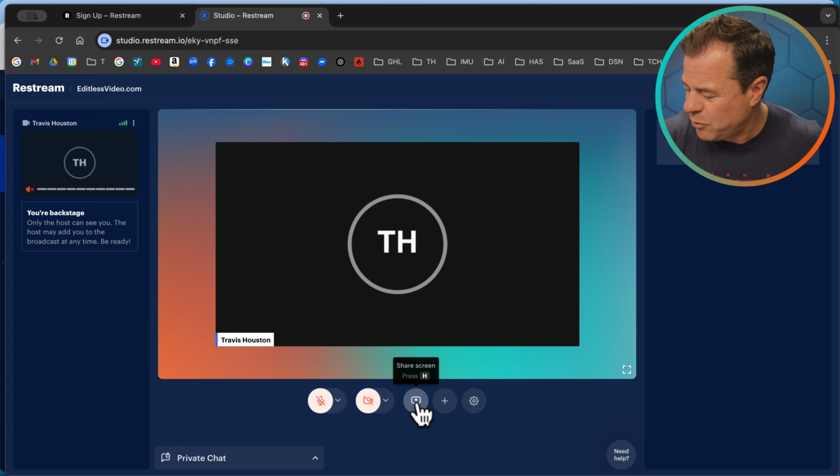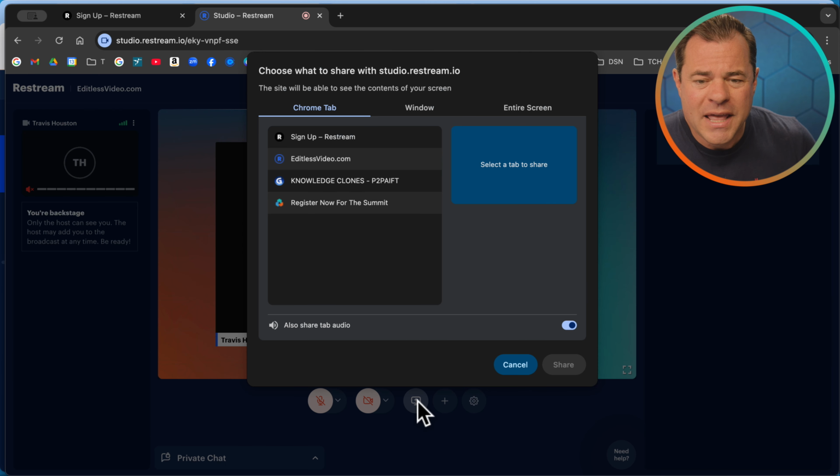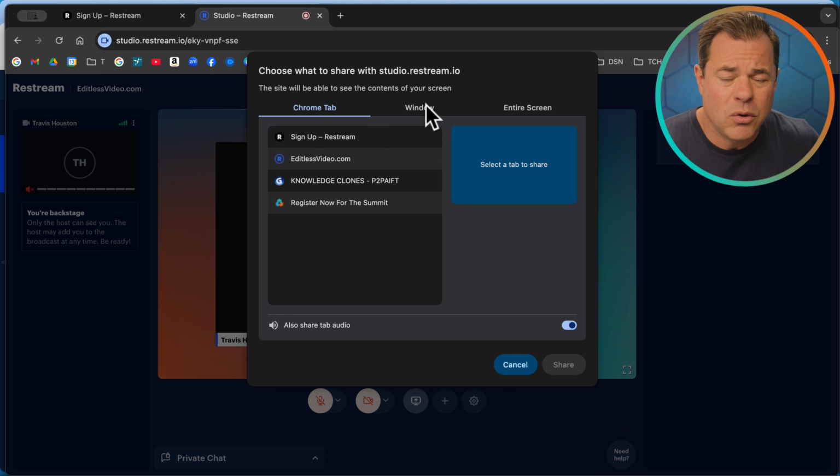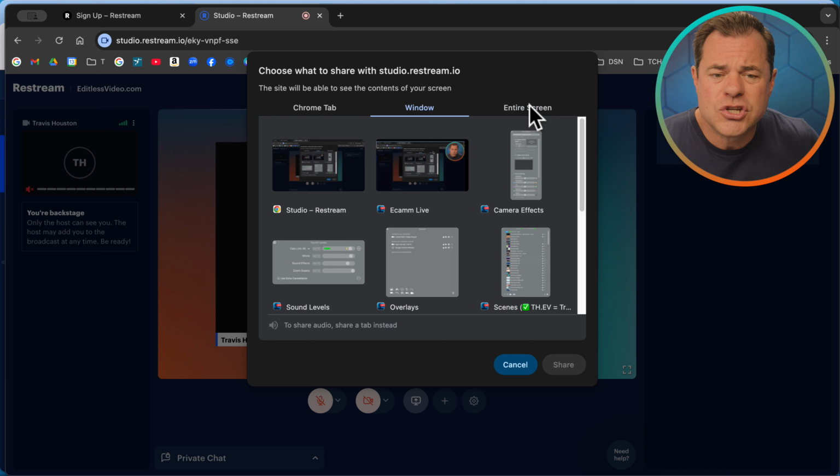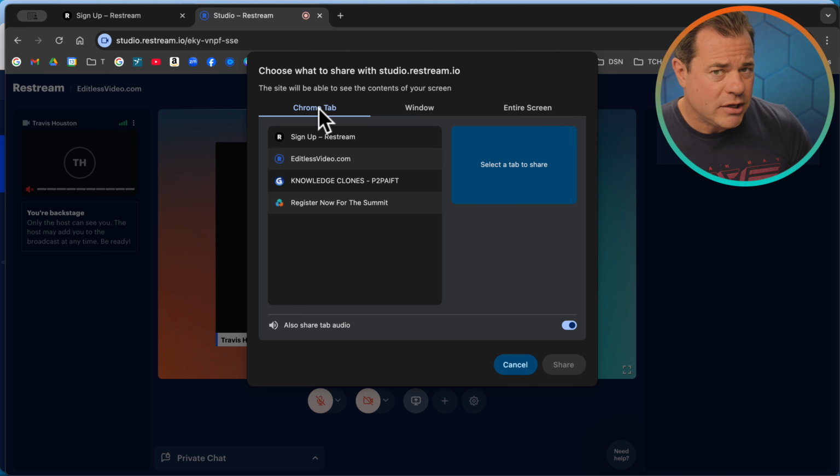Okay, I'll move that out of the way. I'm going to click it. And now it has some options. I can share my Chrome tab, or I can show a window, or I can share my entire screen. You kind of got to pick the option that's going to work best for you. I'll tell you what the options are. So here at Chrome tab,